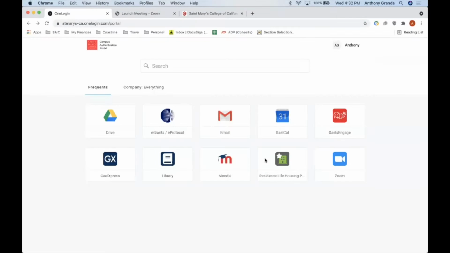Okay, so I'm first going to go over how to search and register for classes. So as you can see on the screen right here, here are all the tabs that are available on the My SMC page. And if we see on the bottom left over here, GaelXpress is where we're going to be searching and registering for classes. So if we click that,